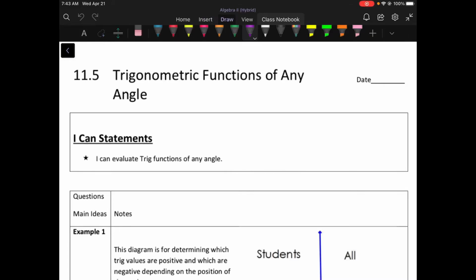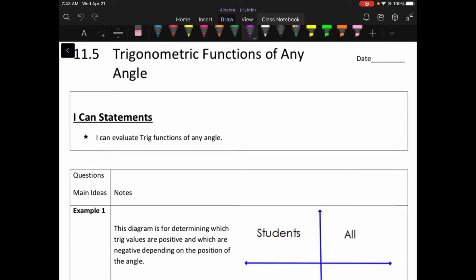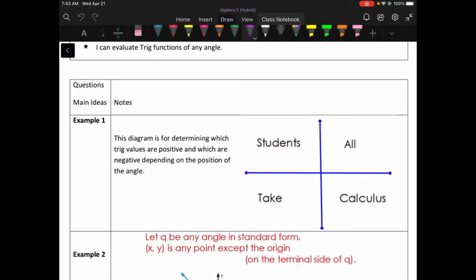All right, we are back with section 11.5, trig functions of any angle. So our goal today is to evaluate trig functions for any angle. Who'd have guessed? Example number 1 says this diagram is for determining trig values, which trig values are positive